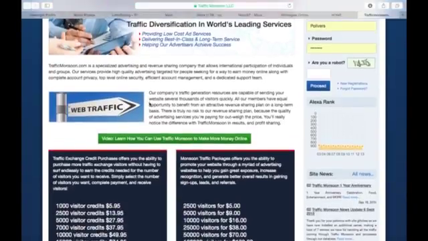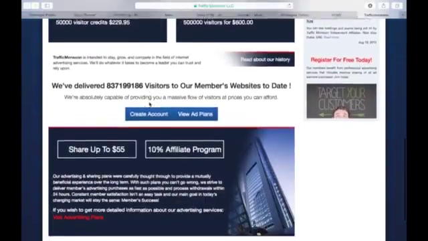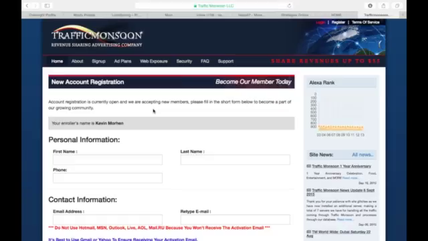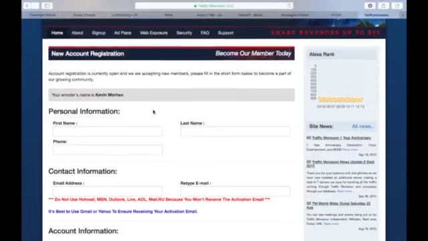So assuming you've clicked on your referral link, you scroll down the page and click now on Create Account, this button just here. And that's going to take you to this page here. You're going to need to start to fill in your personal information. That's relatively easy. So in this case, Kevin Paul,